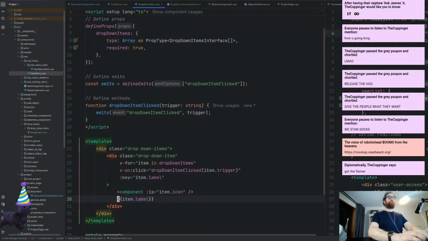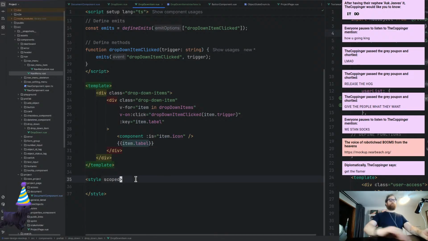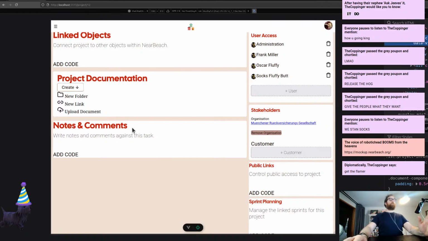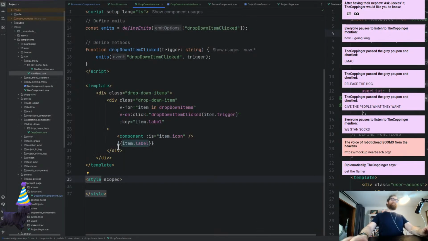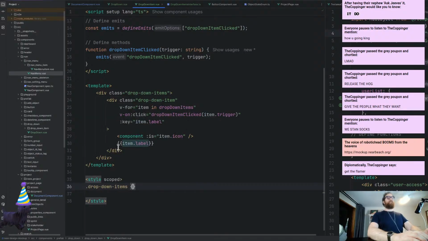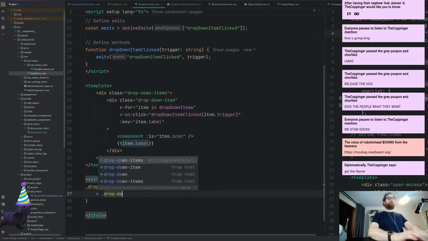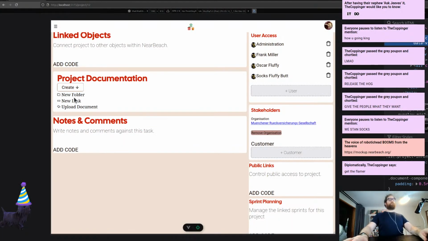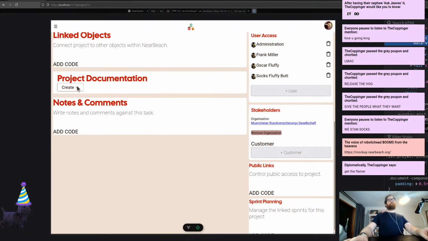And what we want to do, so we've got styles. I just want to see how this looks. So that's okay. That's looking okay. Still got to style it. Let's do that right now. Let's go drop down items. We then got dot drop down item, and then we've got an SVG, which we want the width to be 1rem. We actually want these to be a little bit smaller, I think, like so. So it's like that, and I'm going to change the text to